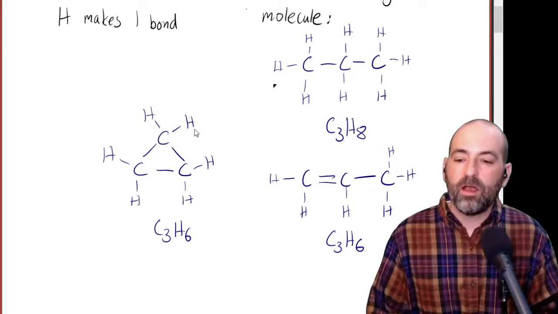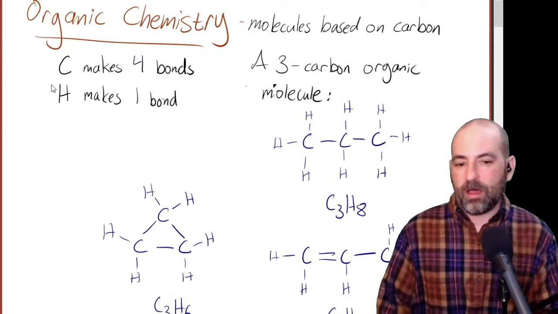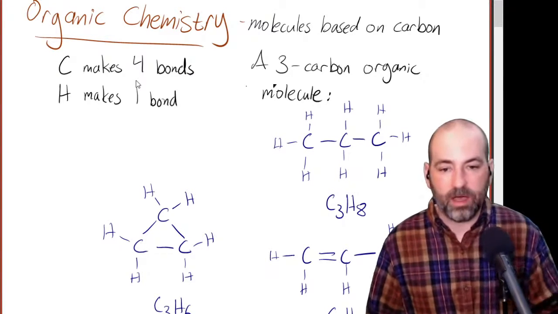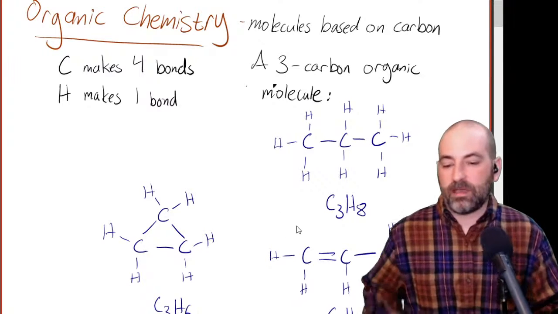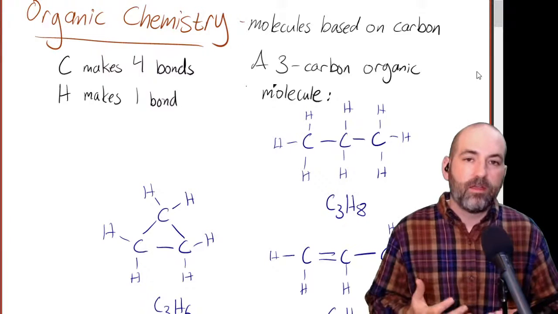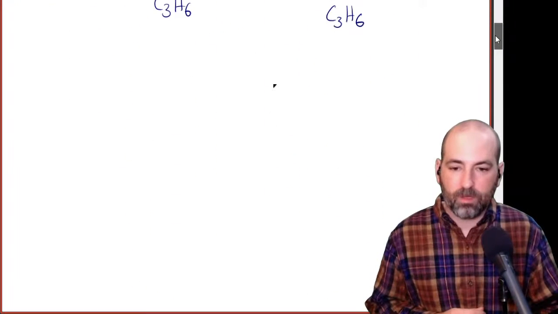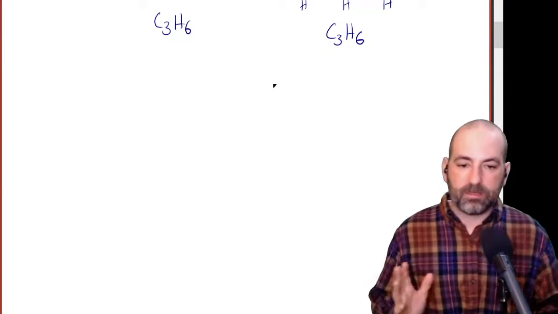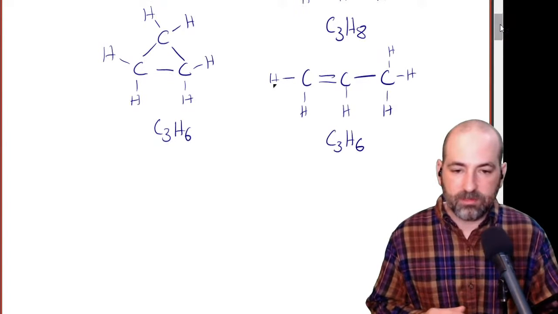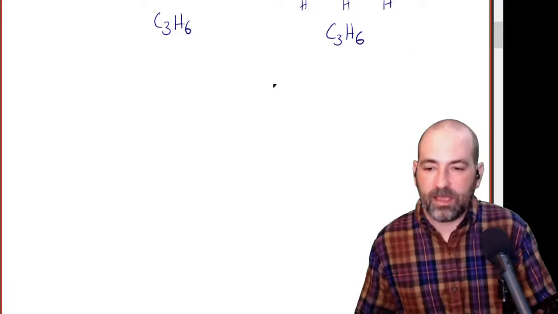But you can see how building these molecules is a little bit easier if we just think about this rule that carbon's always going to have 4 bonds, hydrogen's always going to have 1 bond. And then we can say, okay, I can give you 10 carbons and however many hydrogens, and you can put something together that works and makes sense just thinking about those rules. So these types of compounds that are just made of carbon and hydrogen, excluding this double bond one, which is a little bit different, are called alkanes.